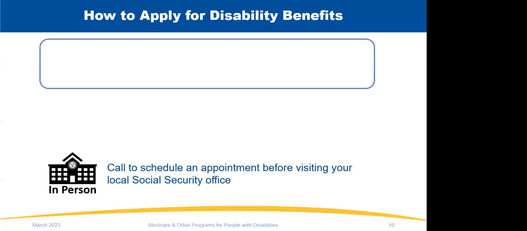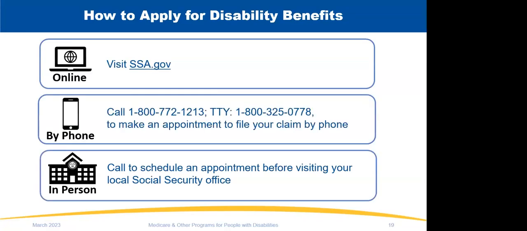Now, how to apply for your Social Security disability benefits. You can apply online. I would encourage, if an individual is comfortable applying online with our application, they can do it from the comfort of their home. They don't have to go into the office to deal with the people. If they need to leave it and come back, we provide a reentry number, so nothing is lost. You can just pick back up where you left off, or go back to something that was already done if you need to revisit.